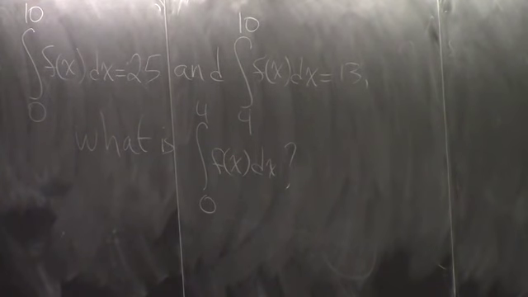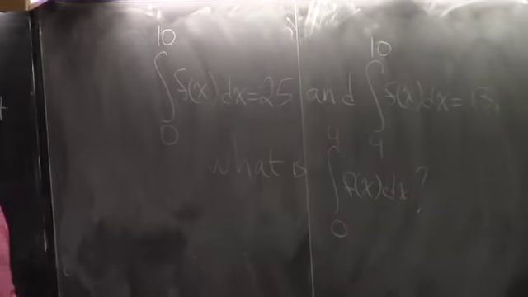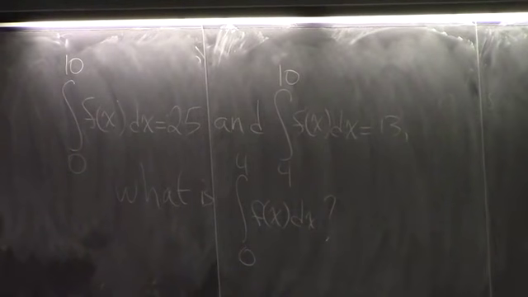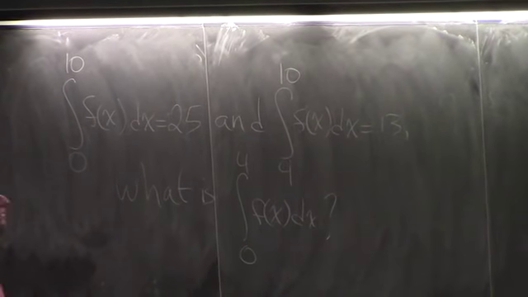And the integral from 4 to 10 of f of x is 13. What is the integral from 0 to 4? 12, right? Because all you'd really do is you'd say,